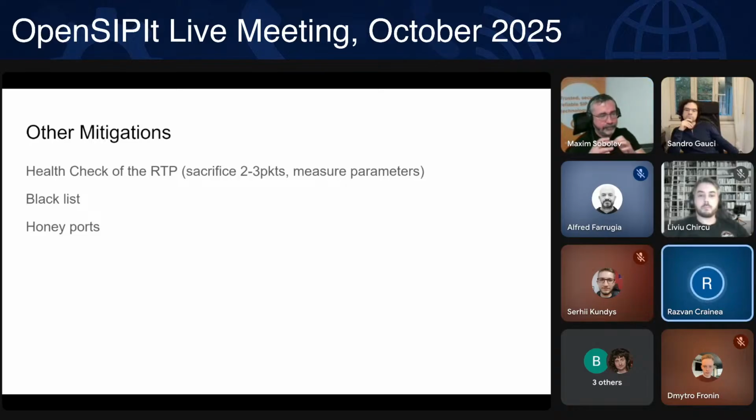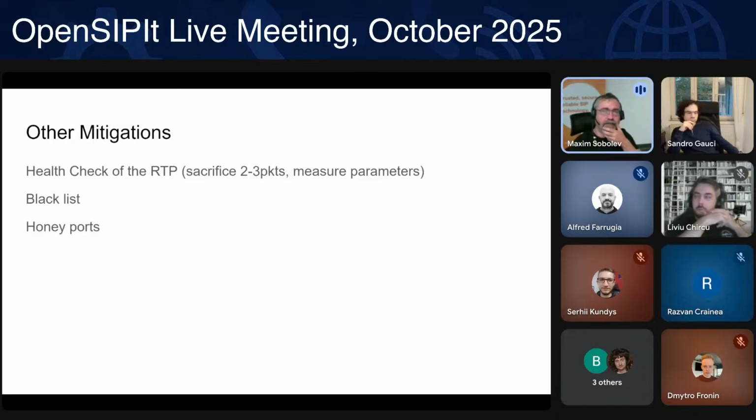In the same idea of honeypots, isn't the OS also able to block some sort of traffic? I would imagine that a dummy attacker, let's say, would flood the whole port range, right? So some of them might be closed and some of them might be open. If they are closed, it can be detected and blocked, in a similar fashion as a honeypot. Yeah. But on the application level, I guess you can do more sophisticated stuff, right? You